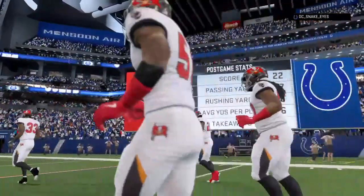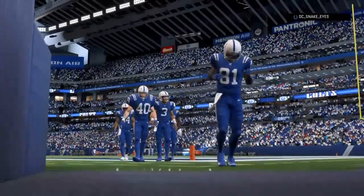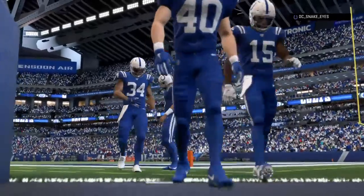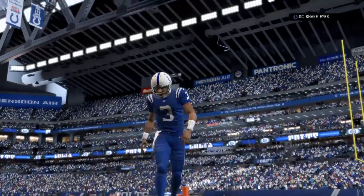So for the Bucs, they continue to rack up the victories as this one moves them to 13-2 on the year. And they will head back home next week. Meanwhile, for Indianapolis, their playoff hopes take a big hit as they fall to 8-7. And they'll try to turn things around next week as they have a matchup in New Orleans